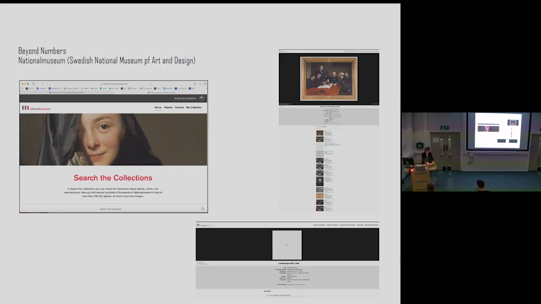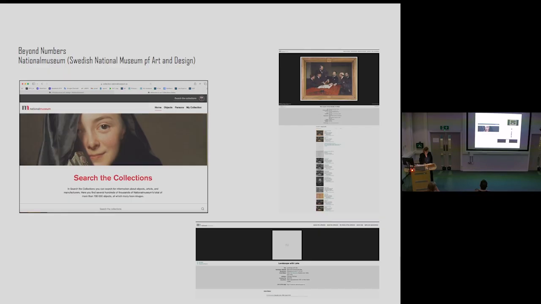In one of the studies I did in collaboration with Carola Blilund within the project, we set out to look at exactly these biases within an art museum, the Swedish National Museum of Art and Design, Nationalmuseum. And we went into depth on how individual artworks were on display qualitatively in their online catalogue. Our first impression was that the posts in this online database looked very different in terms of textual and visual